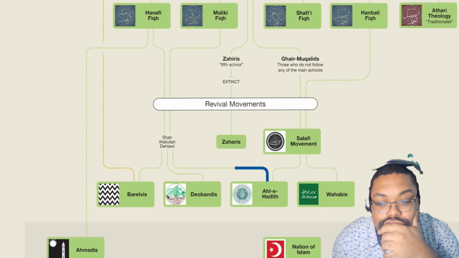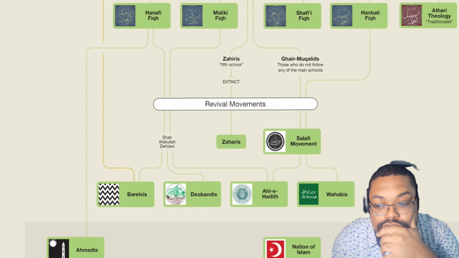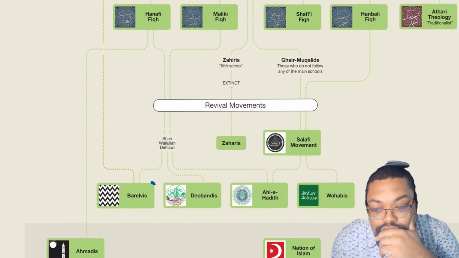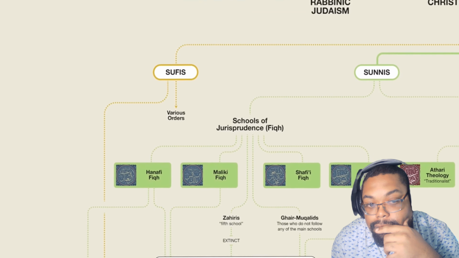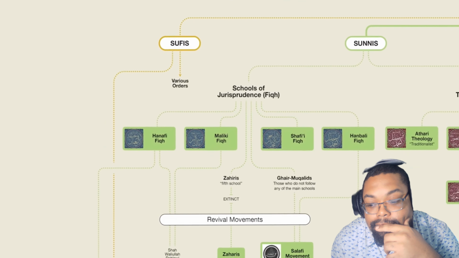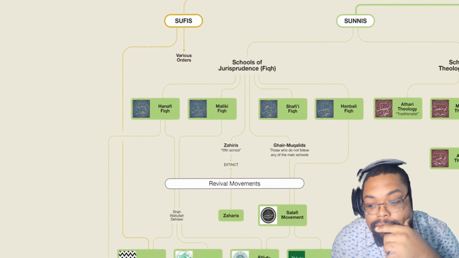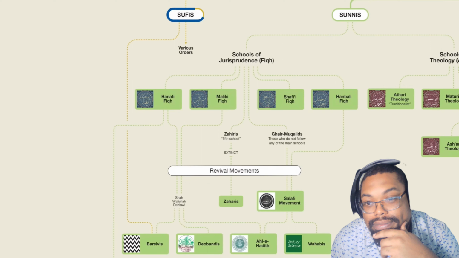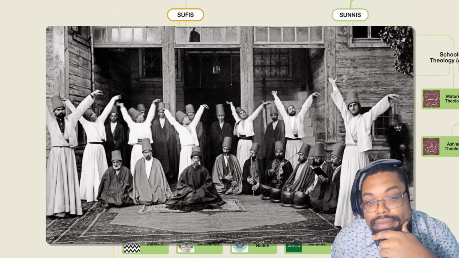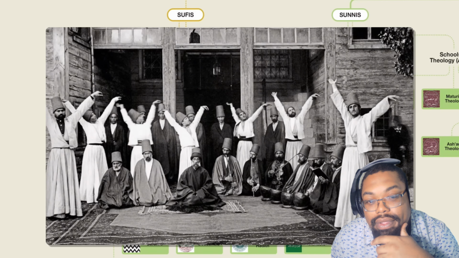The Ahl Hadith came from the followers of Shah Waliullah along with the Deobandis, who follow Shah Waliullah but also adhere to the Hanafi madhab. They, along with the Barelvis, are the majority of the Muslims in India and Pakistan. The Barelvis are kinda Hanafis mixed with a lot of Sufism. So while the Ahl Hadith, the Wahhabis, and the Deobandis don't like Sufism, the Barelvis do. Quite a lot, actually. Speaking of the Sufis, we're not going to be talking about them in detail here because they're very complicated. Sufism is a mystical form of Islam, and they have many orders and brotherhoods that believe in a range of religious